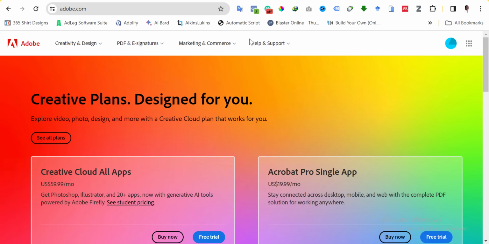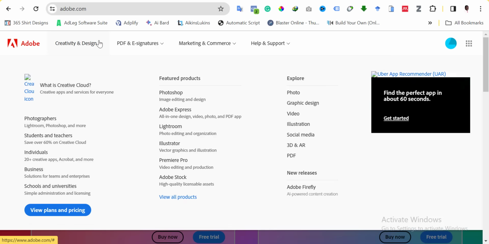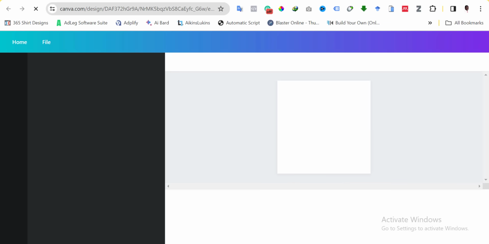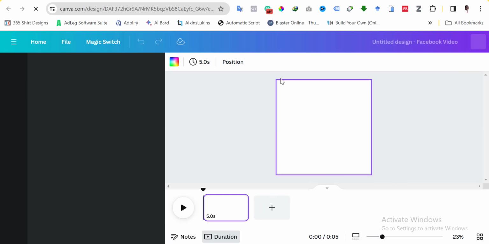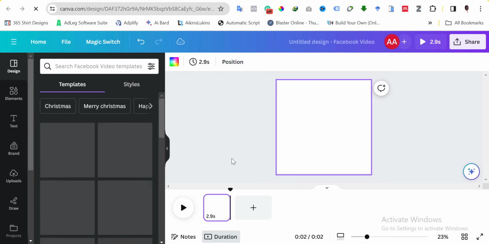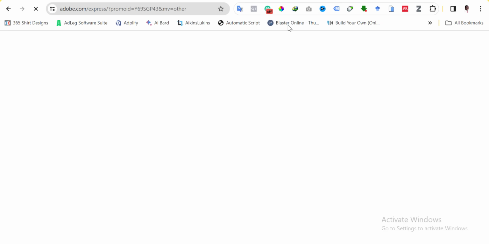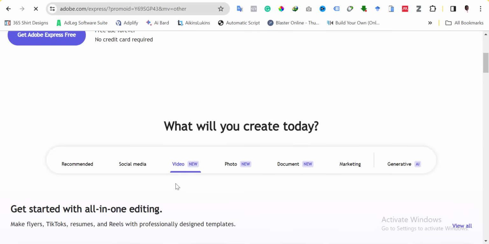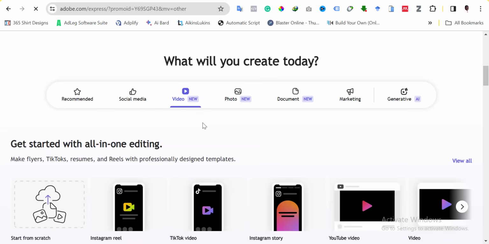Okay, and let's go to Adobe. This one, creative design, what we are talking about is Adobe Express. So let me compare the two. I've realized that some of them are easier, but some are not free or user friendly. With the video feature, you can see that Canva is simple like this. And if you go to Adobe Express, go down to their video,